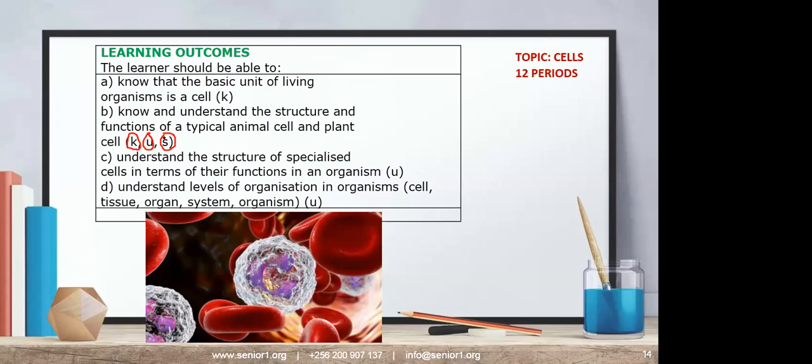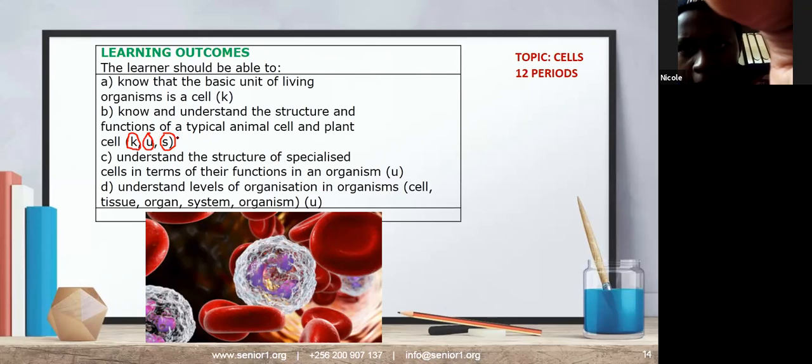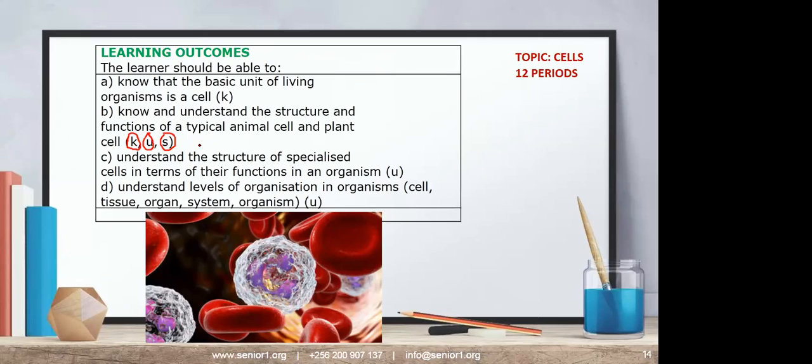When you suffer from malaria, what do you think the doctor does? You find that when you go to the hospital, they will inject you like a small pinch on your thumb, and then the doctor squeezes blood out of your thumb, puts it on a certain small piece of glass, and goes away. And then he comes back and tells you, hey, we have seen you have typhoid, you don't have malaria. How do they know that? They get to know because they have the skill to use a microscope to see the cells, okay?